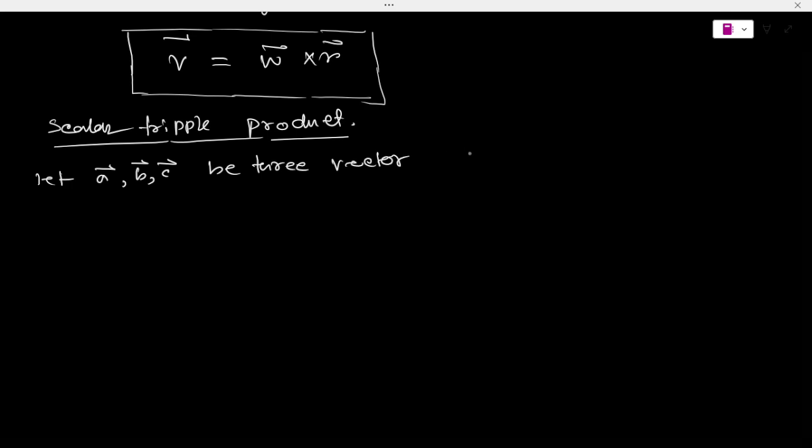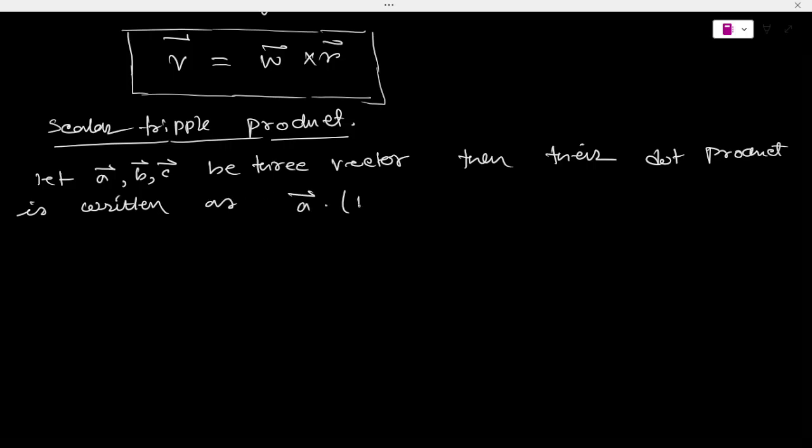Then their dot product is written as a vector dot b vector